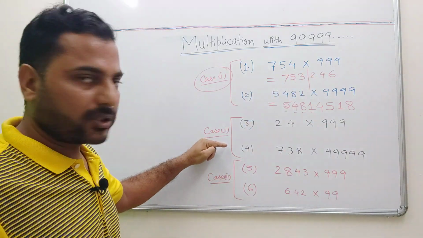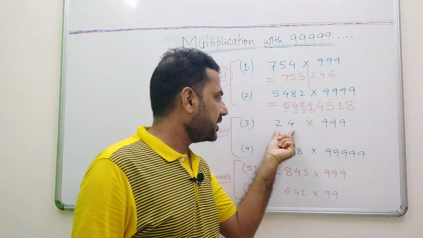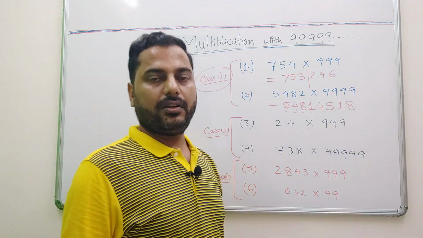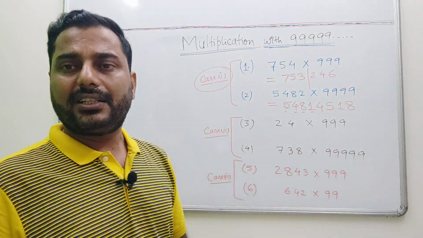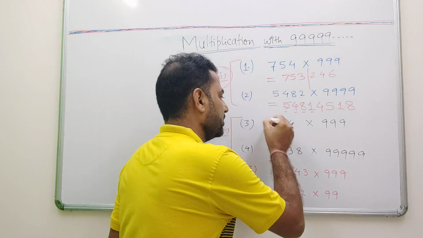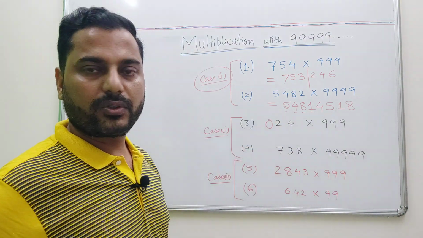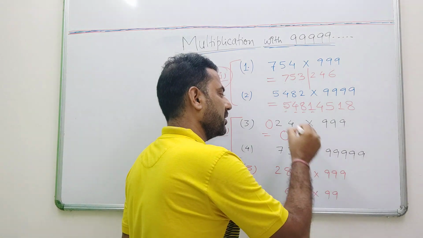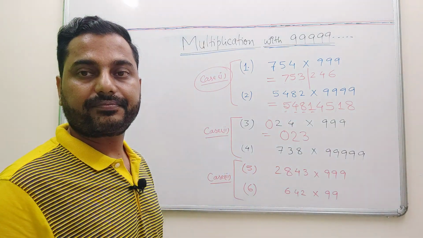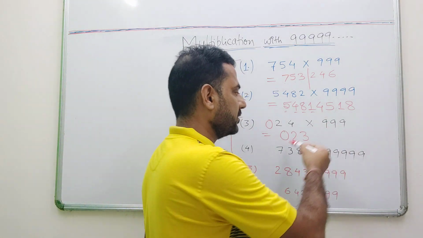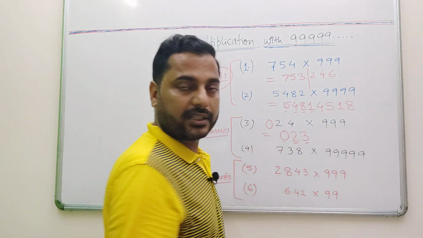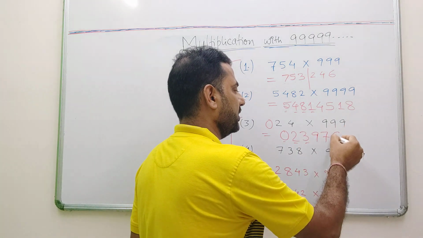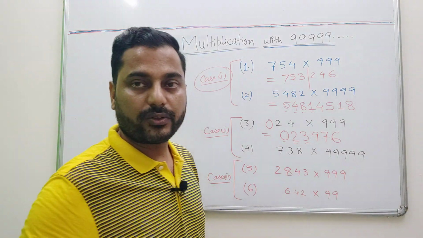Now let us move to case number 2. In this case, as you can see, the number of digits is 2, whereas the number of 9s given to us is 3. So it is not the same. But that can be very easily made equal by writing a 0 before this. So just put a 0 before the number and then subtract 1 from this, put 0. So 0, 2, 3 becomes the left hand side. And I take the difference of each and every digit of the result. So 9 minus 0 gives me 9, 9 minus 2 gives me 7, 9 minus 3 is 6. Now you can remove the 0.